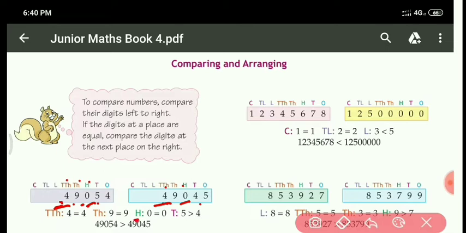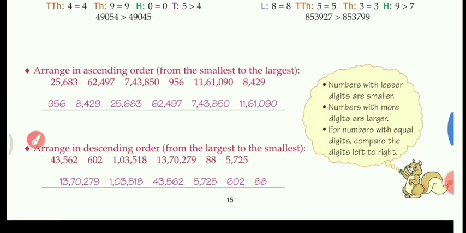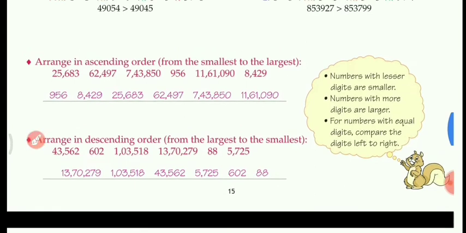Then the next right place, what is given? Tens. The tens place, what is coming here? 5, and here the tens place, what is coming? 4. So which one is more? 5 is greater than 4. So which number will be greater? The right side, and make the sign also on the right side only. Okay. Similarly, we can do the next example also, and by this we can also find ascending order and descending order, by comparing the numbers.